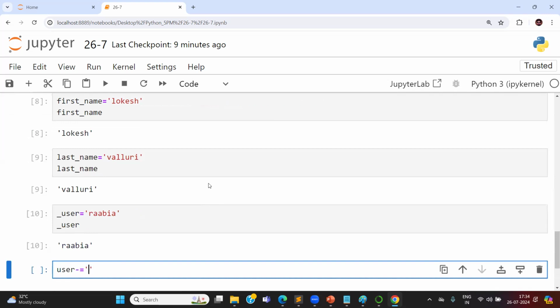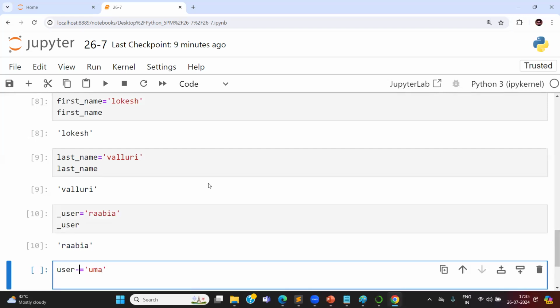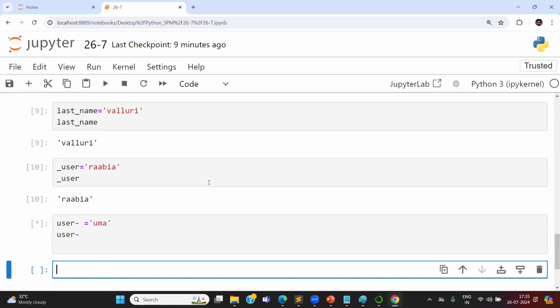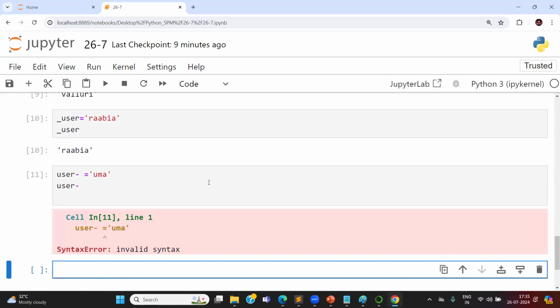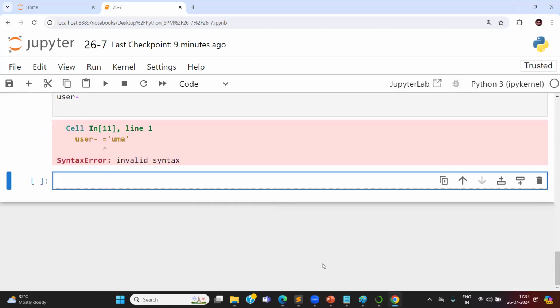Varshana. Who is Varsha? Varsha absent. ఇంకెవరు ఉన్నారు ఉమా ఉమాస్ ఓకే okay uma hyphen user hyphen what happened not allowed clear so that is the fourth rule fifth rule come to the fifth rule